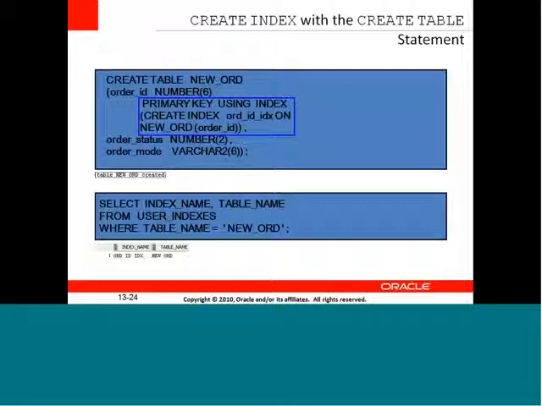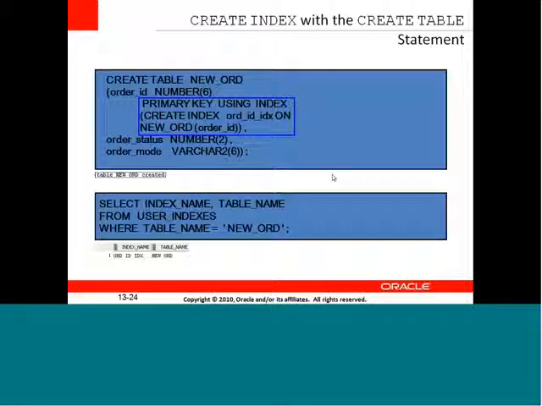Okay. So table new is being created. Along with the table new being created, we have got the index also being created. So create index with a create table statement. So two things I'm doing. I'm creating a table, and along with creating a table, I'm even creating an index. Now, here we create new orders table with order ID being the primary key. And the primary key we are using for indexing the table, or the column. And then we created an index on order ID.